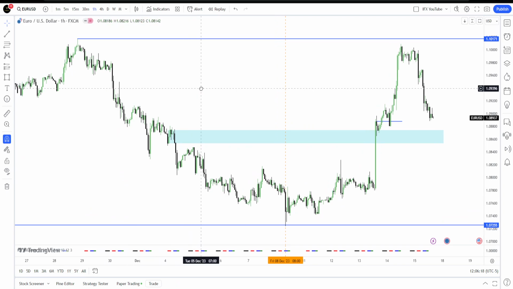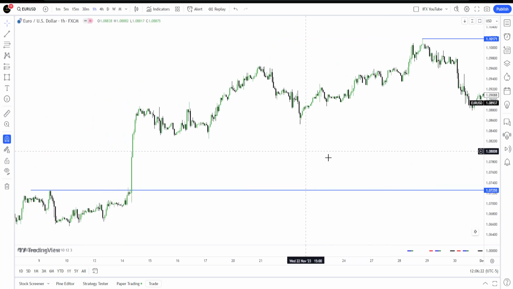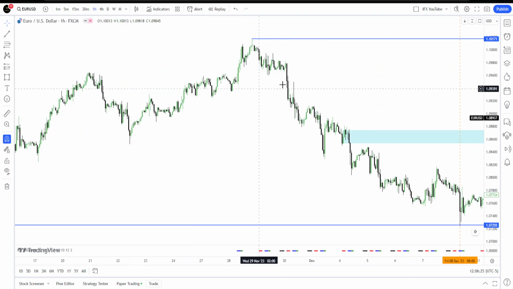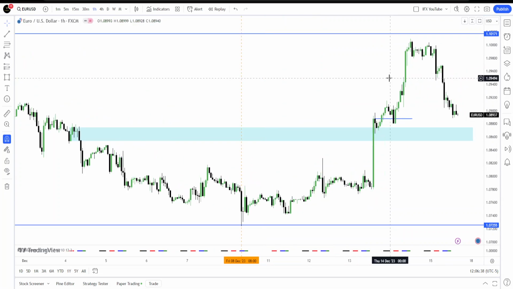Let me show you an example of an institutional order flow entry drill. Long story short, pretend this was a fair value gap over here, guys. Price will just go straight into it and come back down. There's no waiting around. It's very quick, basically. I don't even think that helped a lot of you, but